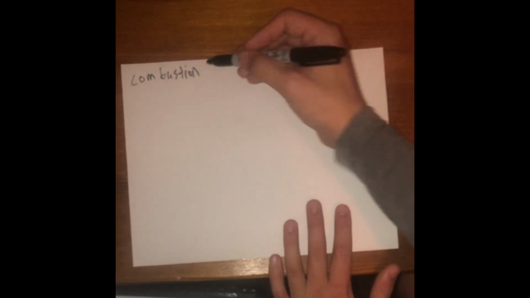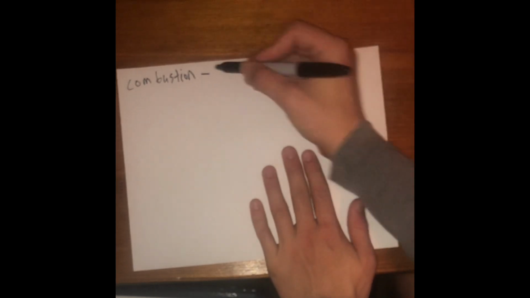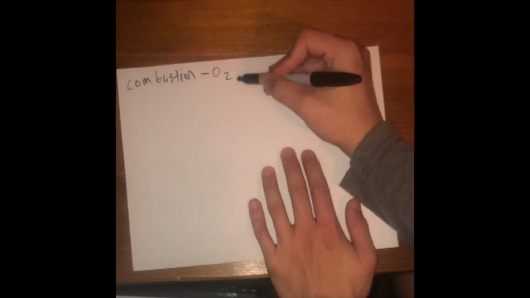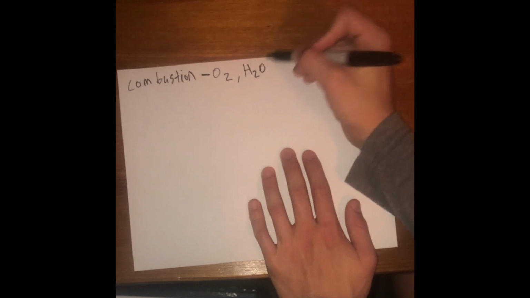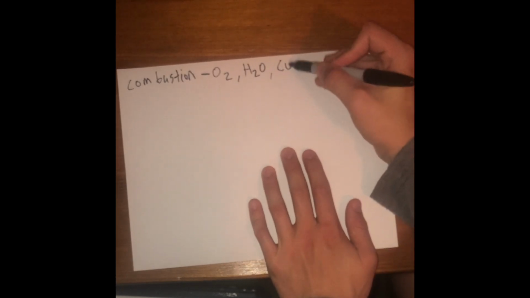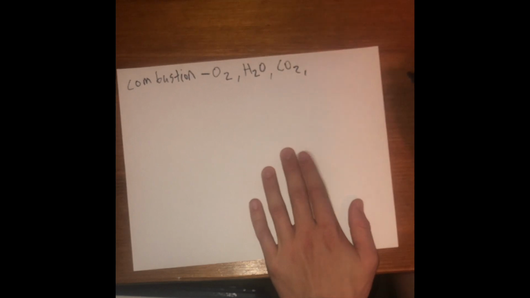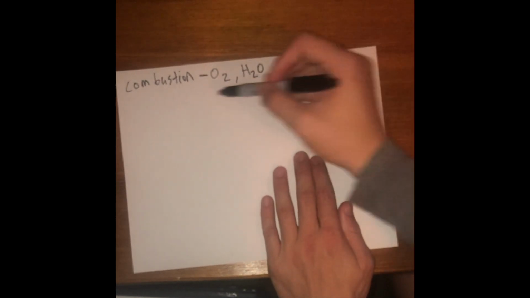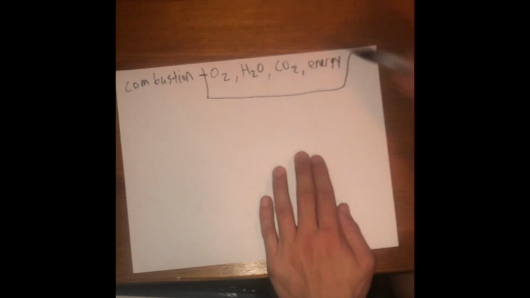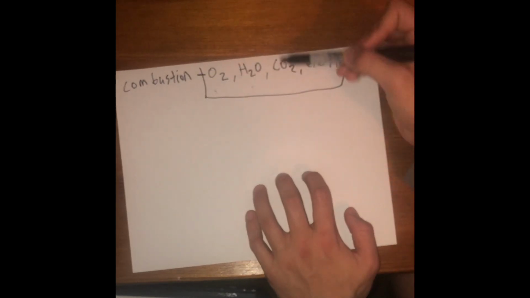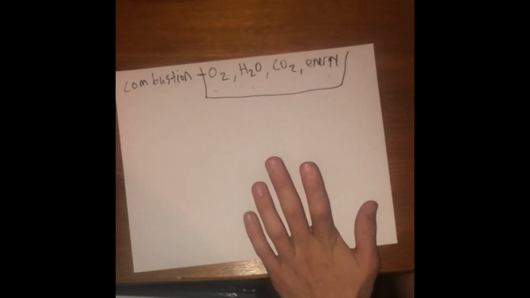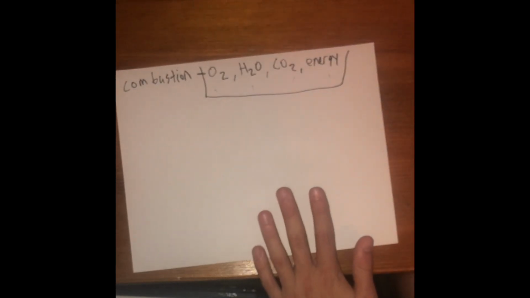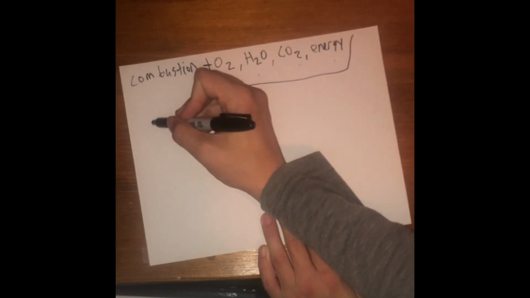But what you need to know to identify a combustion reaction in the equation is you need to have O2, which is oxygen. You need to have H2O, which is water. You need to have carbon dioxide, which is CO2. You need energy. All of these combined is what can get you a combustion reaction. But every one of these has to be in the equation to get this reaction. So, an example of this we'll do